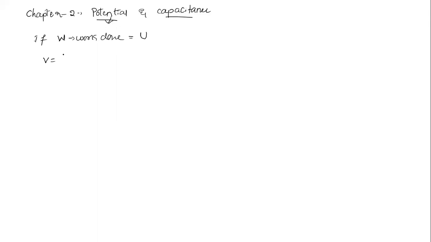The potential is given by amount of work done per unit positive charge. Okay, this is what we call, and this is what type of quantity it is, students? It is scalar quantity. That you need to remember. It is what type of quantity? It is scalar quantity. Now, if I take 2 points, the potential difference of 2 points we want to find out. Let us see about that one.